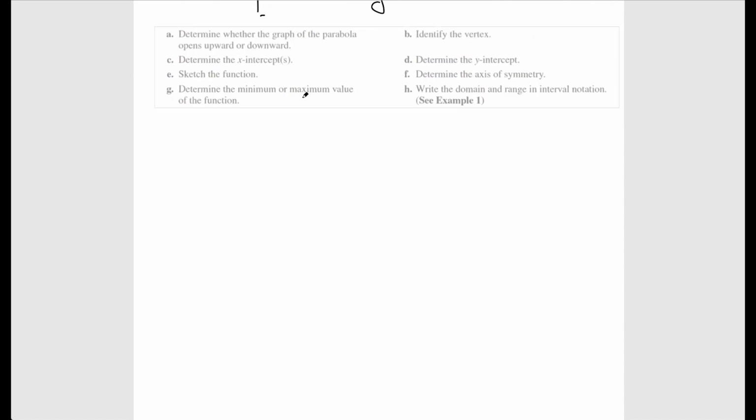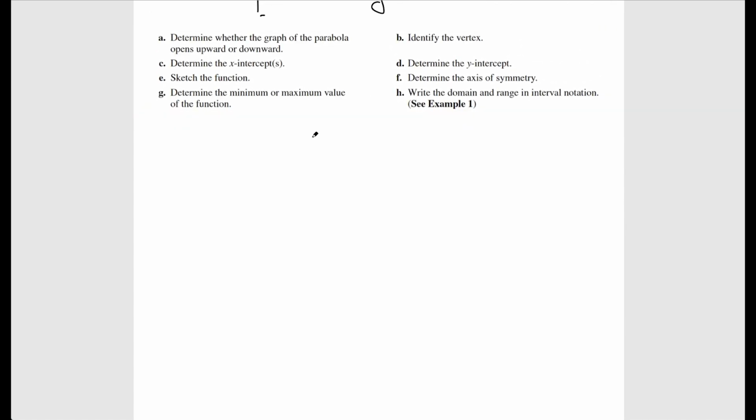So these are the questions, and this is on page 249. All right, so this is number 8 now. We have g of x equals minus the quantity x plus 2 to the power 2 plus 4. And we have 8 questions. So the first one is